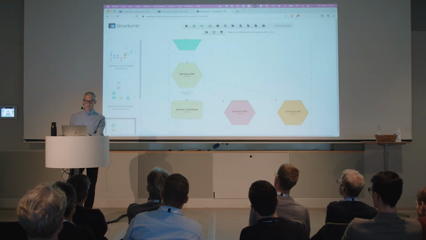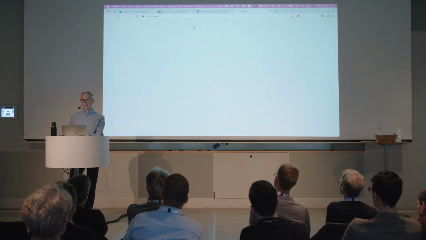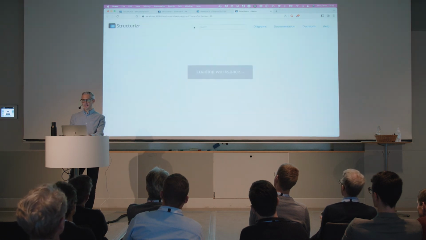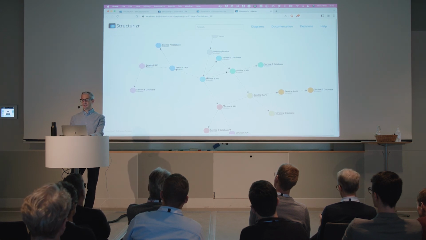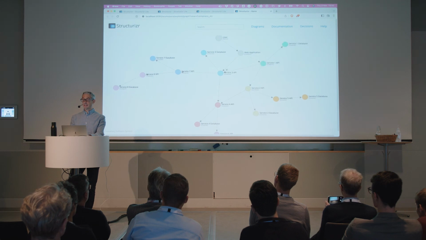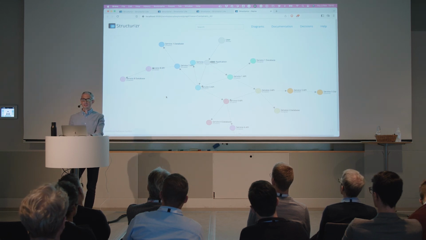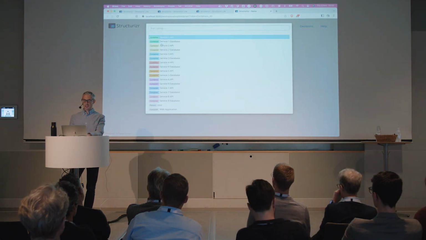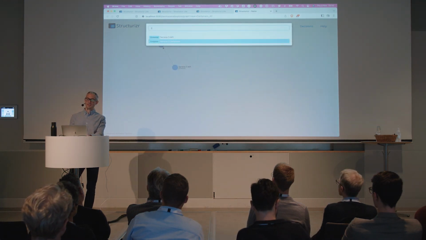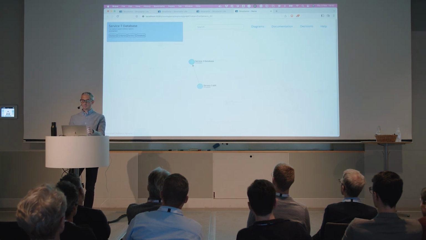Option 2, let me go back to here. You click this magic little button, and look at that. So this is a D3JS force-directed graph now. It's showing exactly the same data as that traditional diagram, but it's interactive, and it's a much more concise way to view lots and lots of data. And you can start clicking on things, and it's got tooltips, and there's a search feature here. So if you want to find Service 3 database and check no one's using it, this is a really nice way to explore that model.